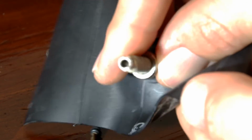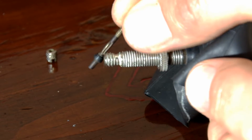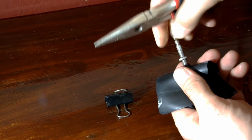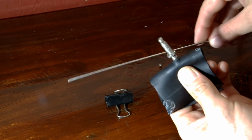So what's the right way to go about this? I have a technique here and I'm going to share it with you now. So go ahead and pinch the tube just below the valve stem using your fingers as you're using the pliers to unfasten the valve core nut. You're going to want to keep your fingers there so that the valve core does not slip into the tube